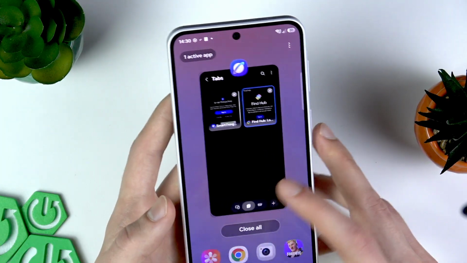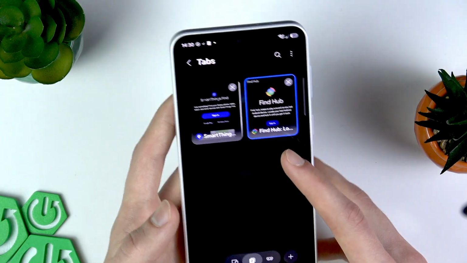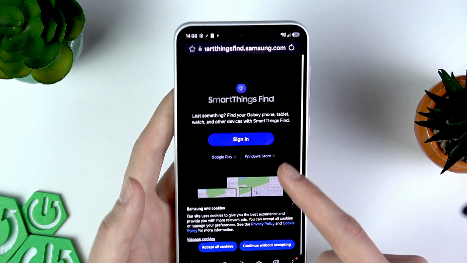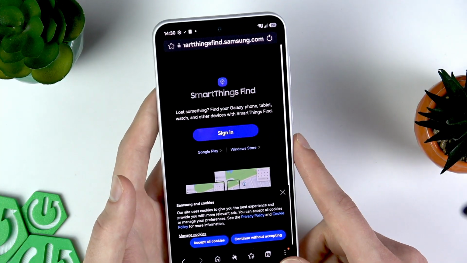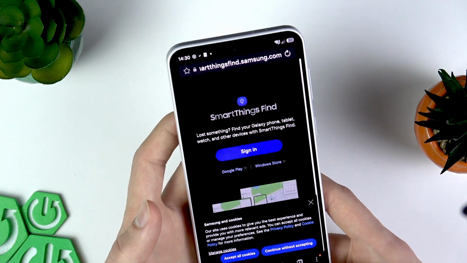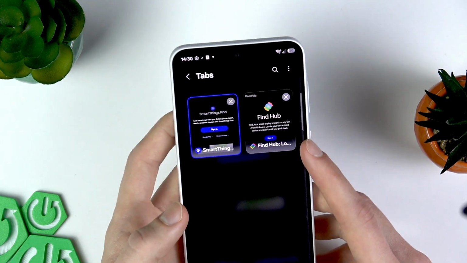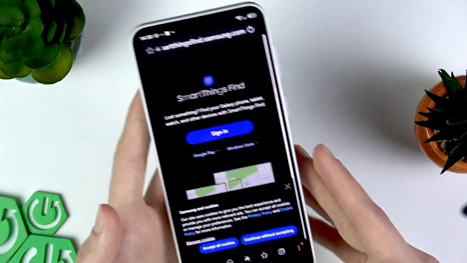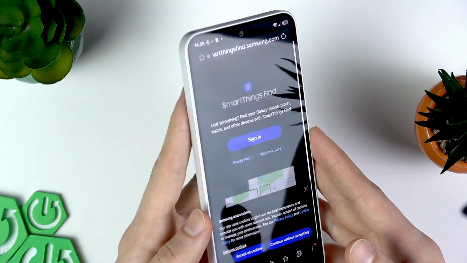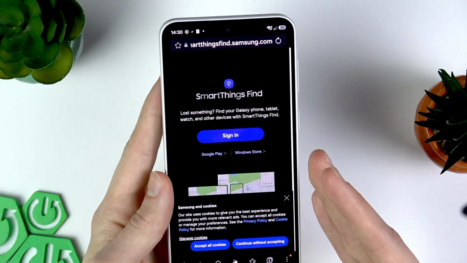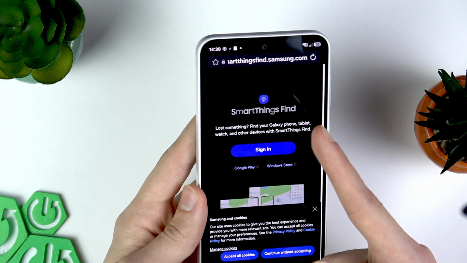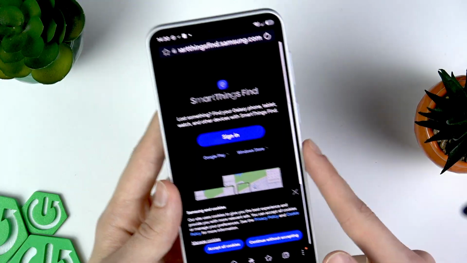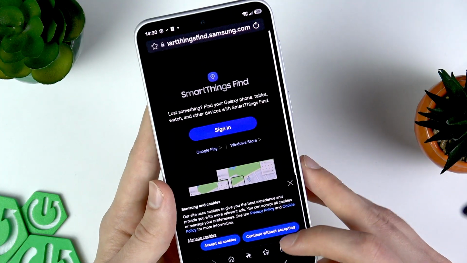Now, the other way to perform a factory reset operation is by accessing the SmartThings Find website, signing into the Samsung account that is linked with your Samsung smartphone, and then selecting the factory reset operation there, which we can do remotely from any other device. So if you can't access your device at all, you can use this method. Just open SmartThings Find, sign into your Samsung account, and select your Samsung